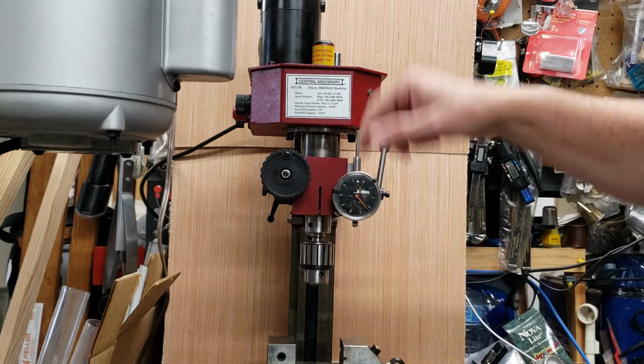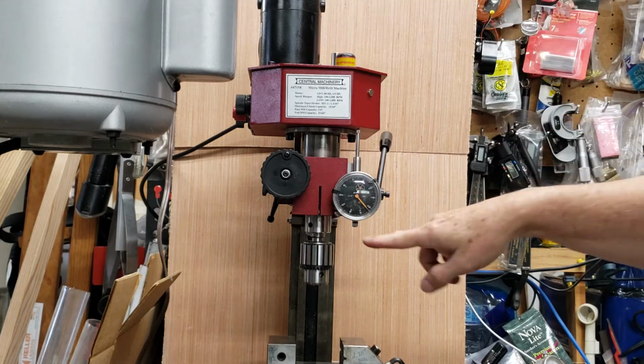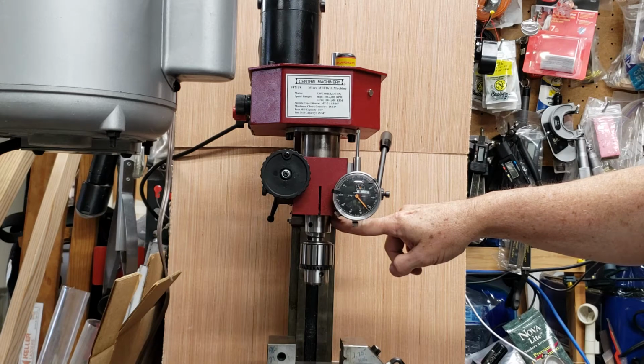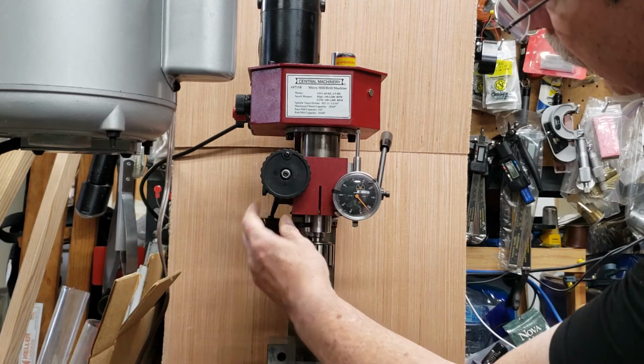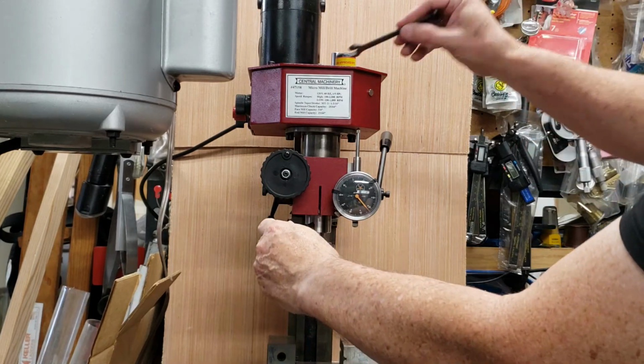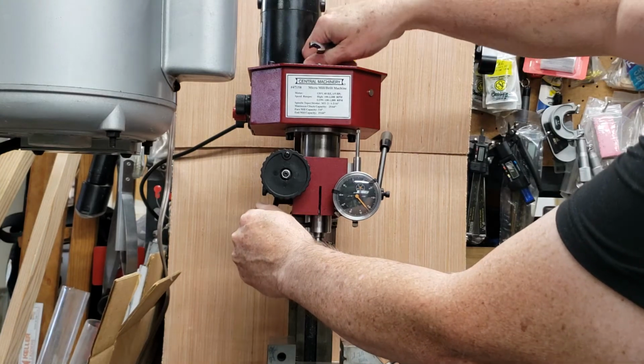This chuck is held on by a long screw called a drawbar. Here's the top of the screw. Bottom of the screw is way down here. In order to get it out, you simply put this into the little hole to keep it from turning, put a wrench on the flats, and unscrew with